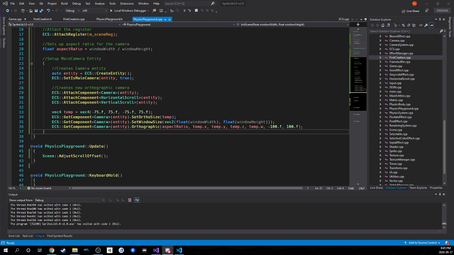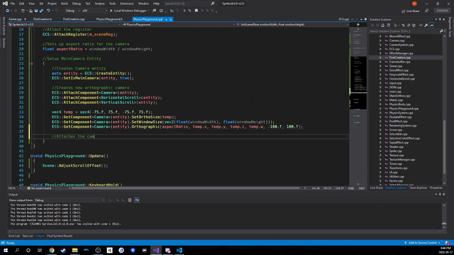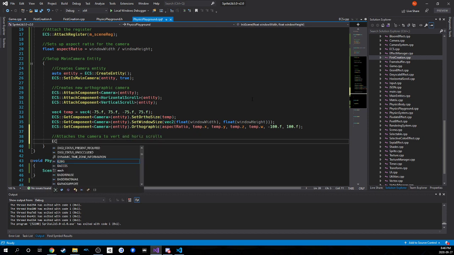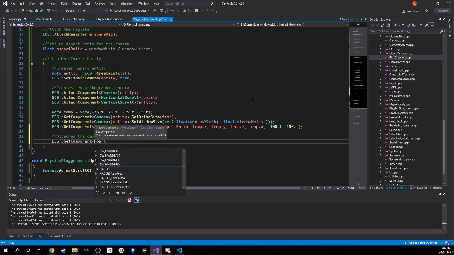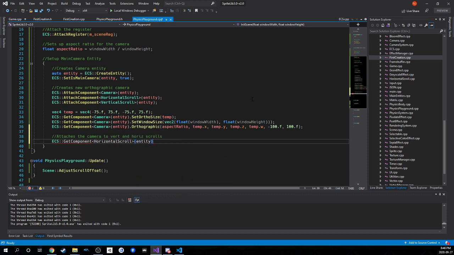Now we have to continue from over here. We just got to finish, same as last time. So attach the camera to the vertical and horizontal scrolls. And so ECS get component horizontal scroll, entity set cam and camera